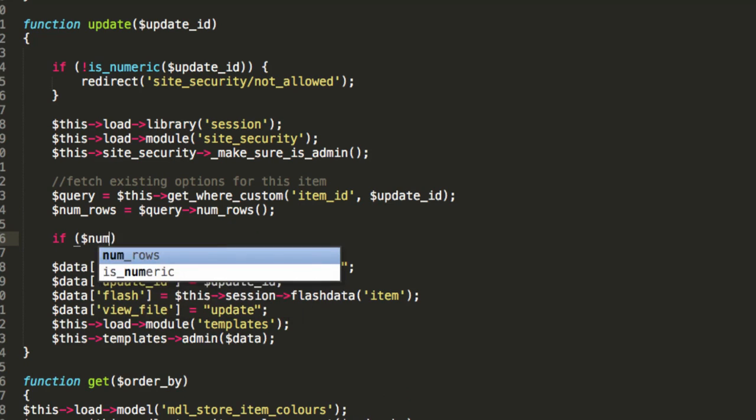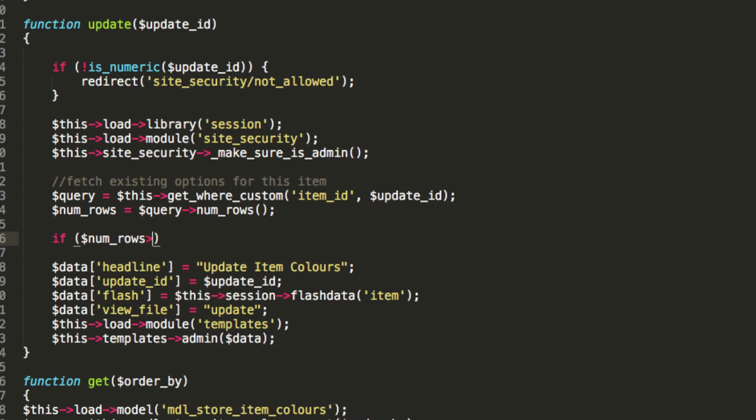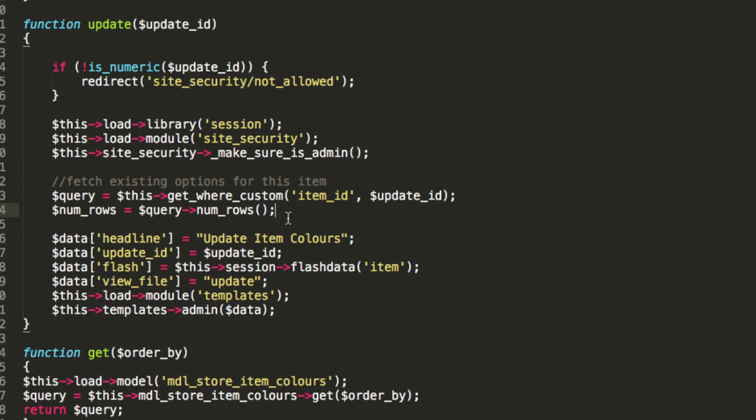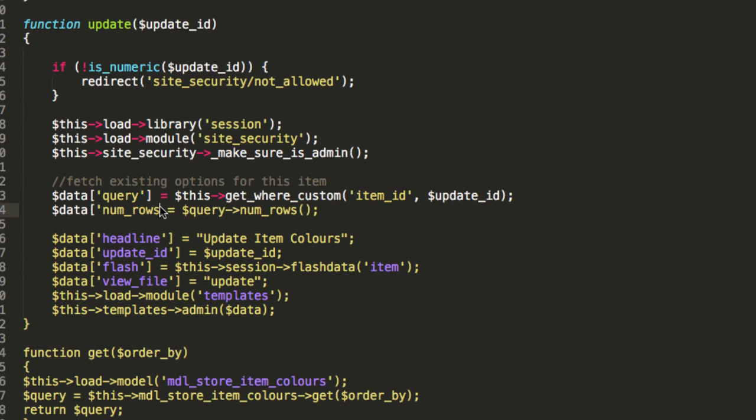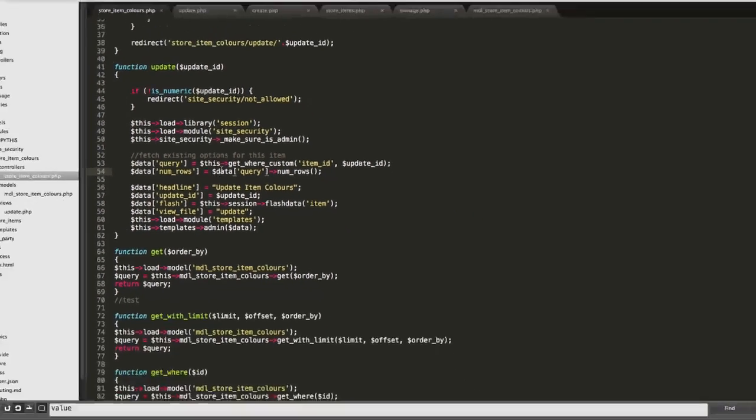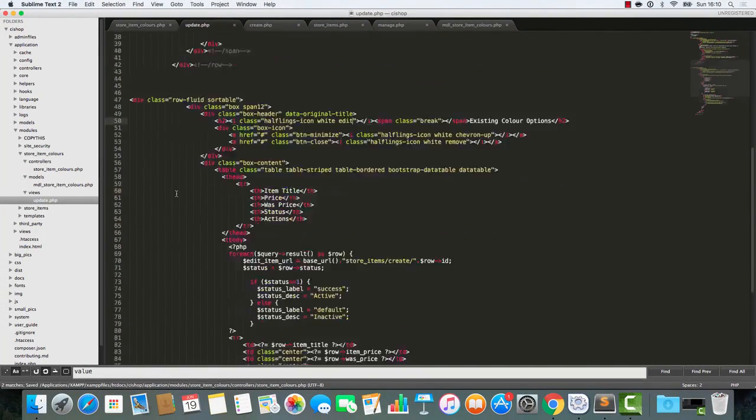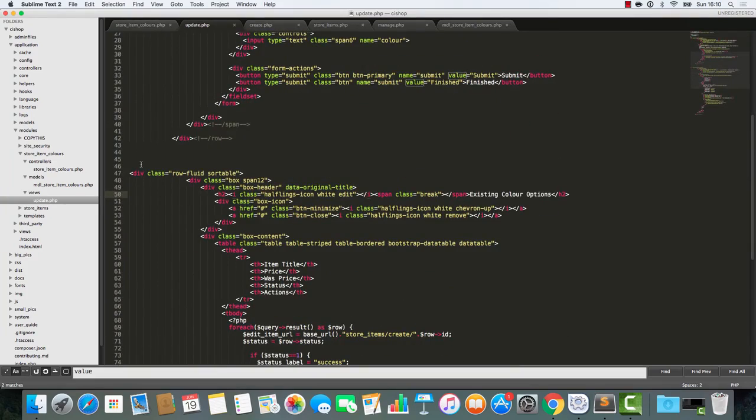Now if num rows is greater than... actually, do you know what I'll do? Sorry, let's just speed things up a bit. In fact, let's say data query equals that, and the num rows equals the number of rows returned from data query. Right, good. So now what we do is we go in here where we've got the existing options, and we're